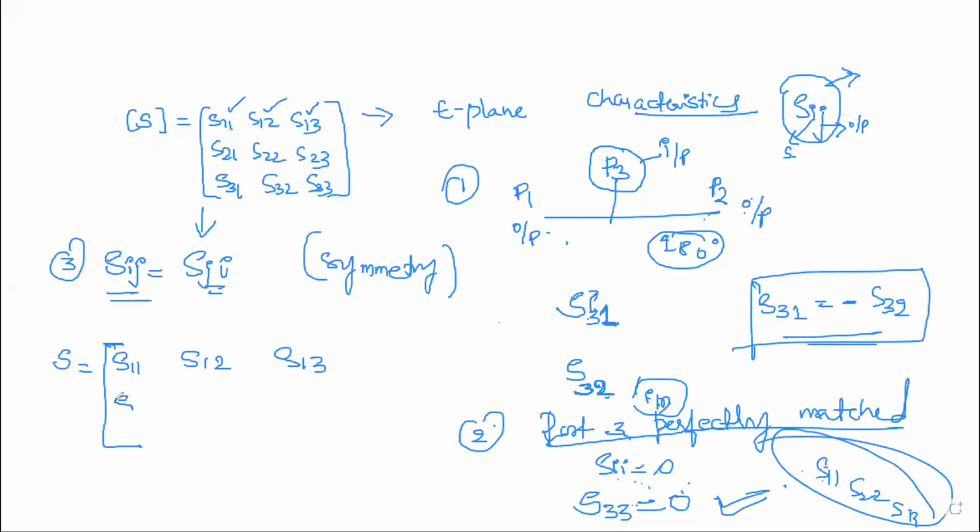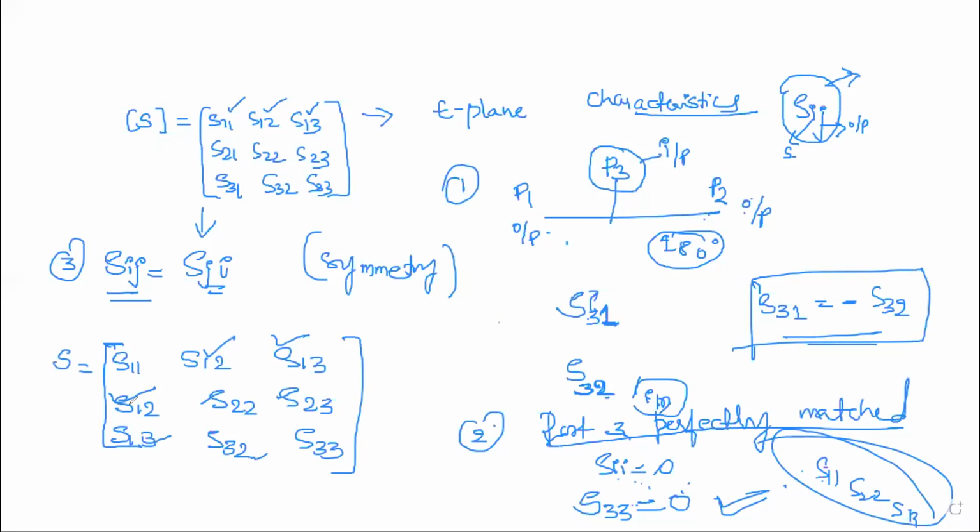S12 becomes S12. Then S22. You can just write it as S23 for the time being. Then you have S13. This also, S13, you keep it like that. S23. Yes, S33. So you can write for S11 as well as S13, S31. So these many symmetry properties can be applied for this.